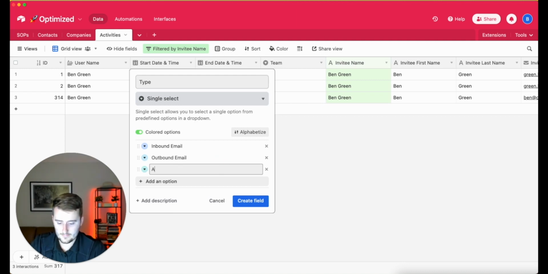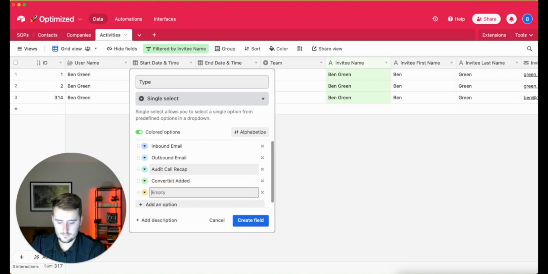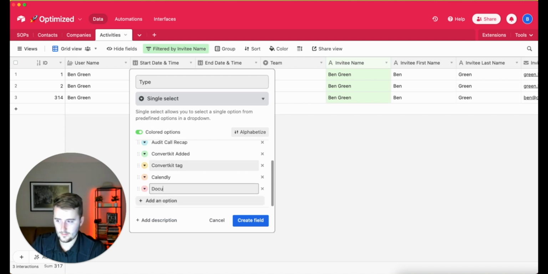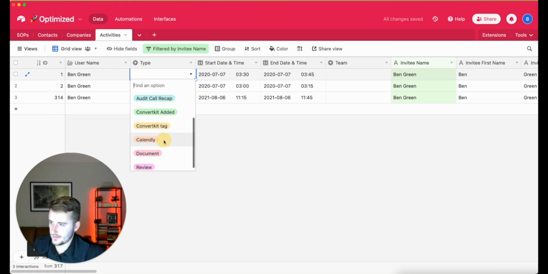I'm going to have audit, call, recap, ConvertKit added, ConvertKit tag, Calendly, document review. So those are going to be all my types for now. Everything existing in here currently is going to be Calendly,